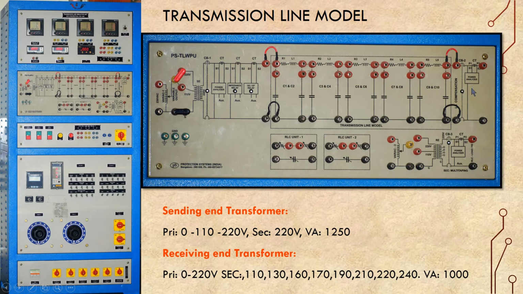Similarly, there is the receiving end transformer, but this receiving end transformer is not useful for our experiment. For a different experiment, this will be useful. For this experiment, in which we will study the transmission line, that is, we will study the voltage profile, we will use up to here, and this part we will not use in this experiment, but its rating is this one.